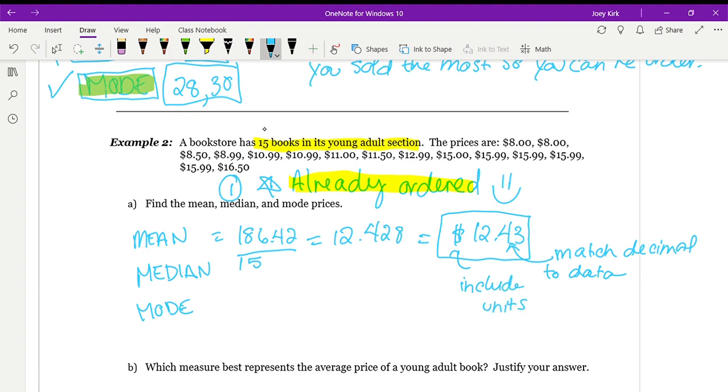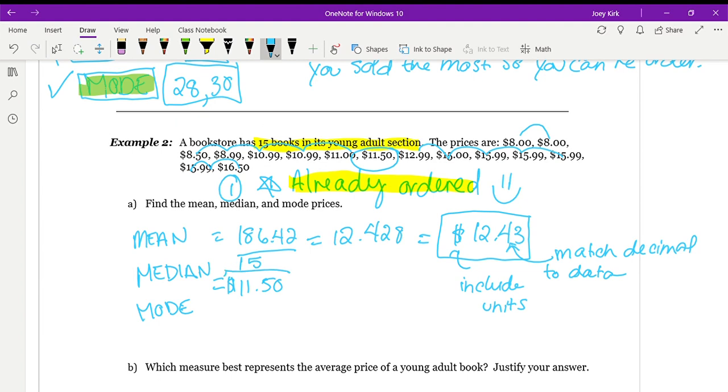All right, now your median is the number that's in the middle. So if I have 15, I know I'm going to have 7 on one side, 7 on the other, and 1 in the middle, right? Because 7 plus 7 is 14, and then that 1 in the middle. So 1, 2, 3, 4, 5, 6, 7. Okay, and let's just double check that there's 7 on the other side. 1, 2, 3, 4, 5, 6, 7. Perfect. Okay, so our median is going to be equal to